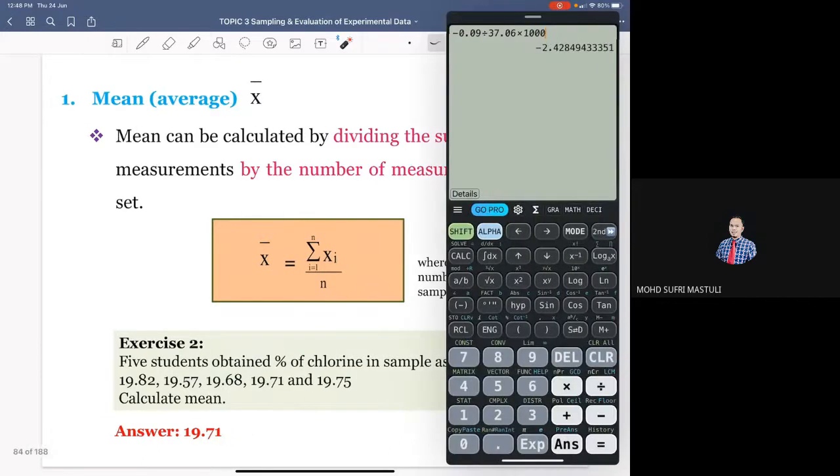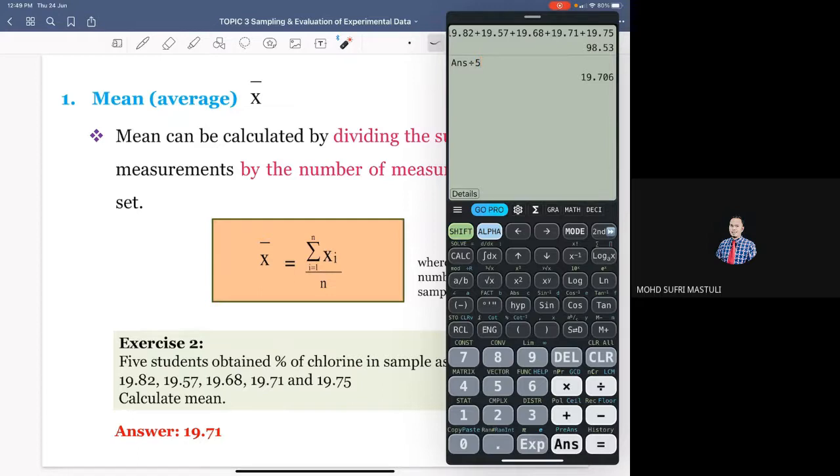So let's say 19.82 plus 19.57 plus 19.68 plus 19.71 plus 19.75, divided by 5, you obtain